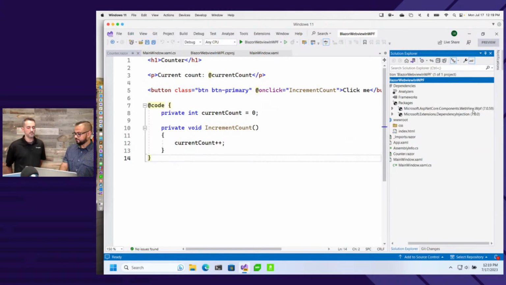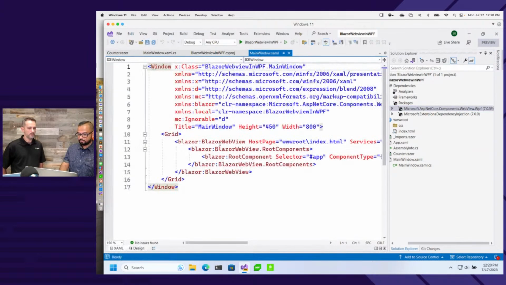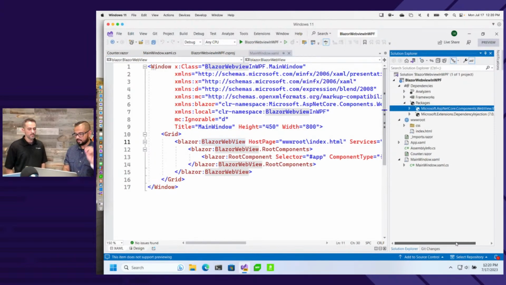This is a little WebView, and this is a NuGet package that you can install for WPF, and then a different one for WinForms. This will give you the same exact Blazor WebView, except this has got nothing to do with Maui. This is a way for you to just get to that web view. So if I look at my MainWindow.xaml, I am rendering the Blazor WebView, except this is not a .NET Maui app. This is Blazor Hybrid, but it is not .NET Maui, because now this is a straight up WPF app. All I did was bring in that one NuGet package, but I now get access to Blazor WebView.